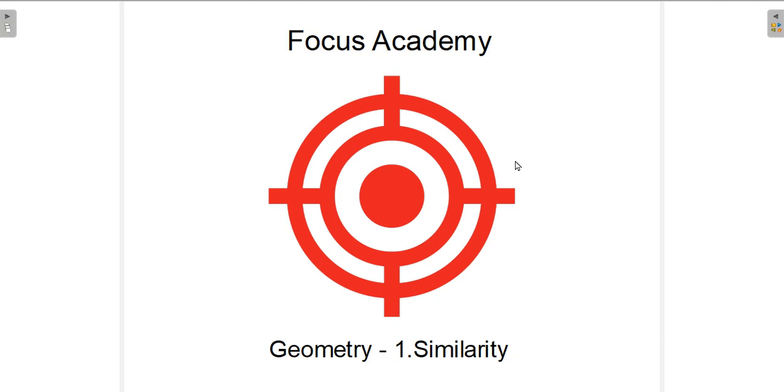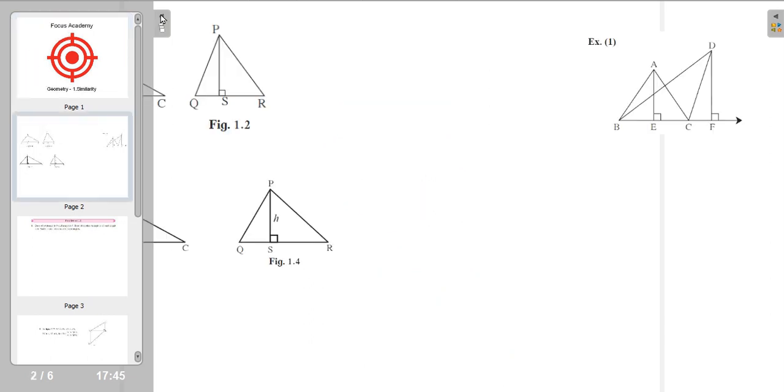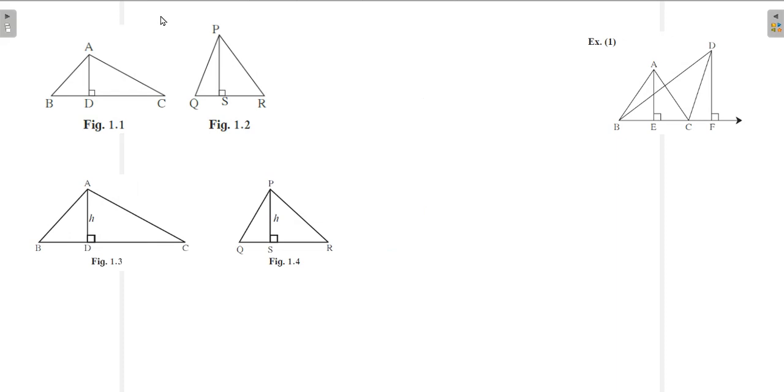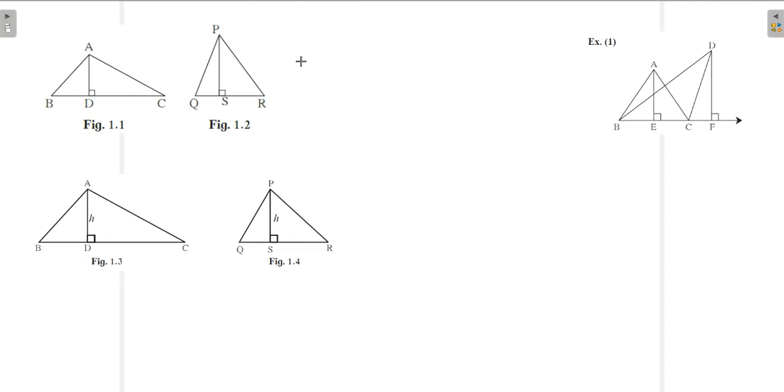So we'll start with the basics as usual, and after that we will solve some problems, and then we will move to the exercise, and I'll give some homework that you have to complete and show me. Then we will proceed to the next exercise. So let's go. So friends, in this chapter we'll start with very basic things, so you should know this and you have already done this.